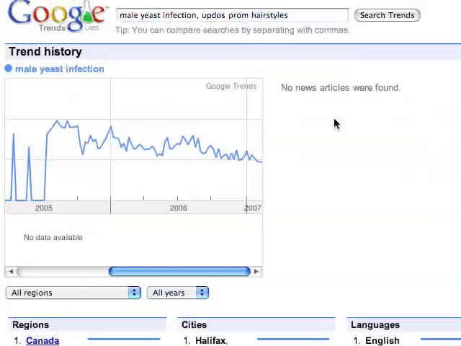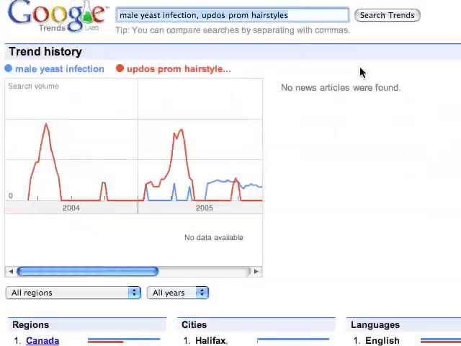According to Word Tracker, there's a lot of traffic associated with this key phrase, and we can immediately come across here to Google Trends. We can enter in our baseline key phrase, male yeast infection, then a comma, and then our comparative keyword phrase. And if we click search trends,